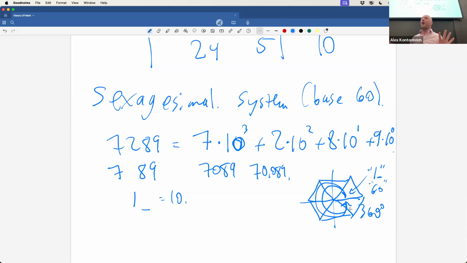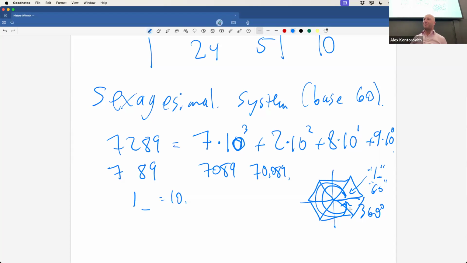Okay, so I have no idea why they used 60. The reason we use 60 is because they used 60. The question is, why did they use 60? And I don't know. There's other things. For example, you have, what are these called? Phalanges on your fingers. And you have 12 phalanges that you can easily access by counting. So you can count 1, 2, 3, 4, 5, 6, 7, 8, 9, 10, 11, 12. That's 12. By the way, 12 hours on a clock. Again, another 12 is 2, another 12 is 3, 4, 5, 5 12s, 60. Okay, so people have all kinds of hypotheses about why that number in particular.